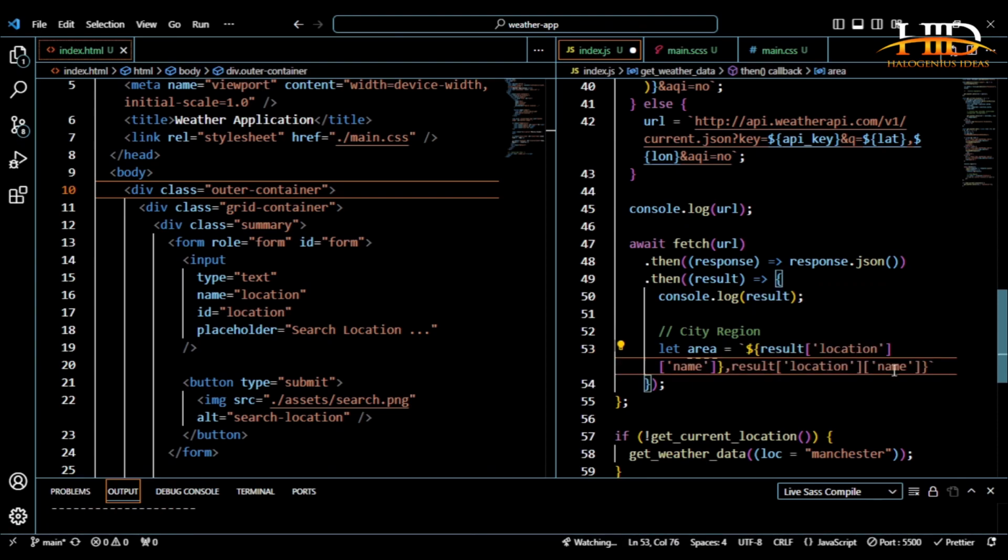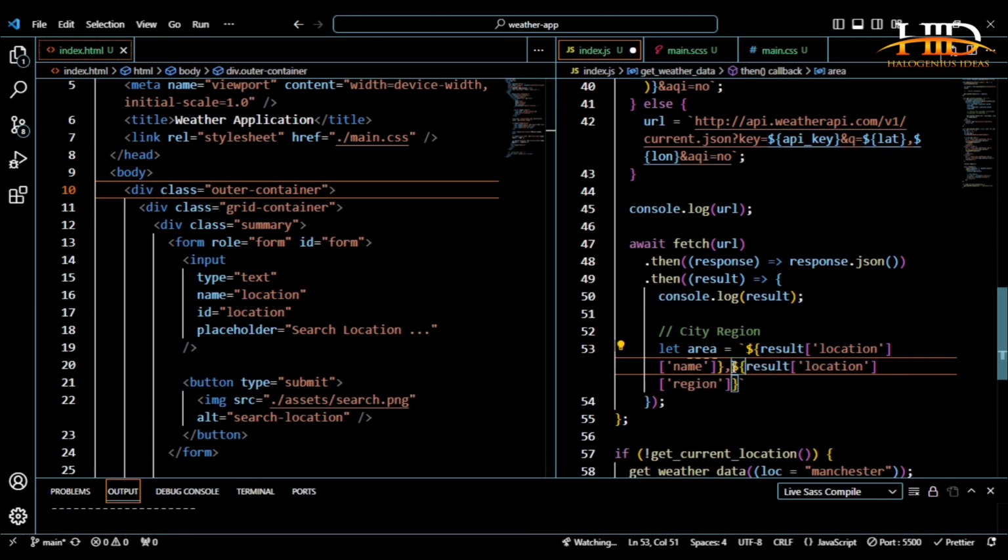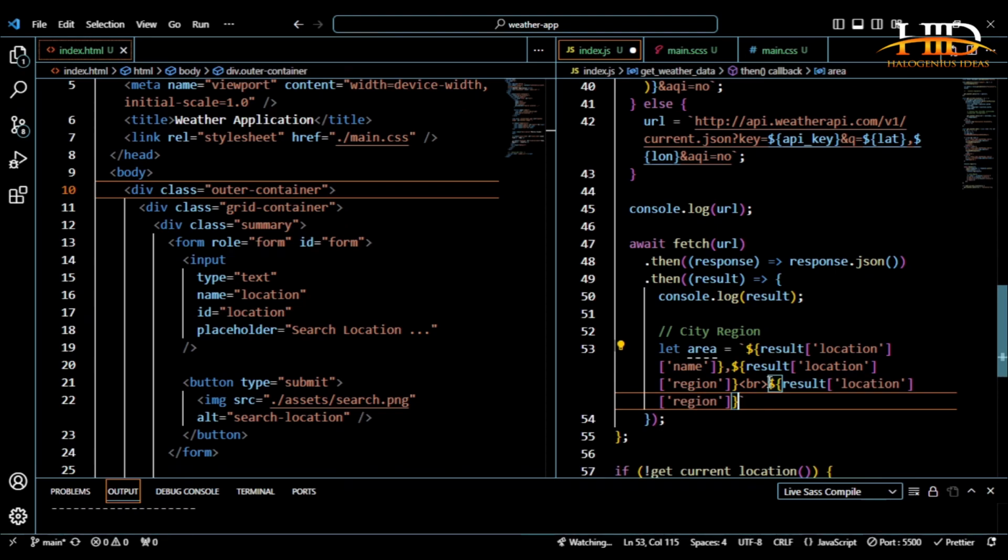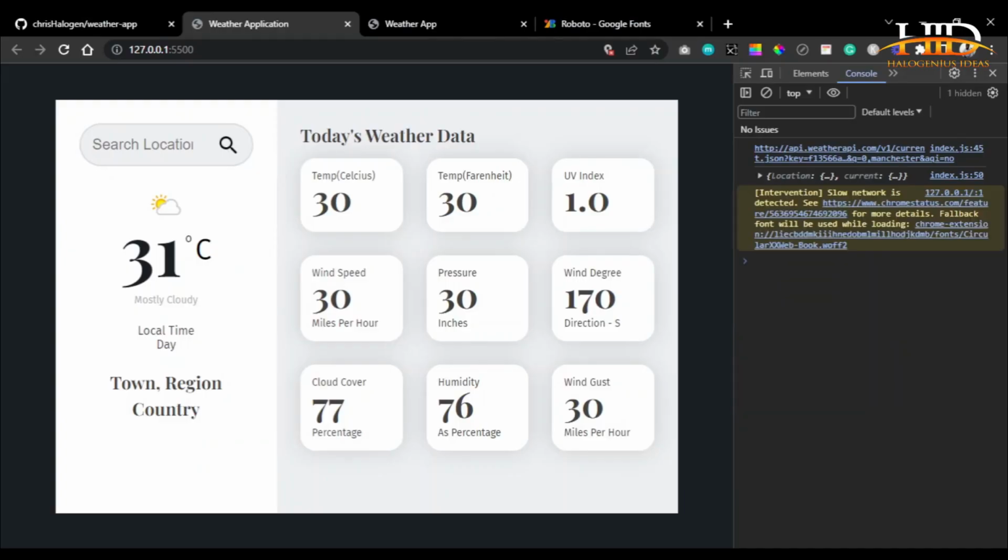So for the name, I can just come here, write a comma, then after the name, come here, but instead of name, this is going to be region. So after this, I'm going to be adding a line break string. Then I'll come and add a country. So for the country, that will be location, then country. Okay, so if I come back to my work,